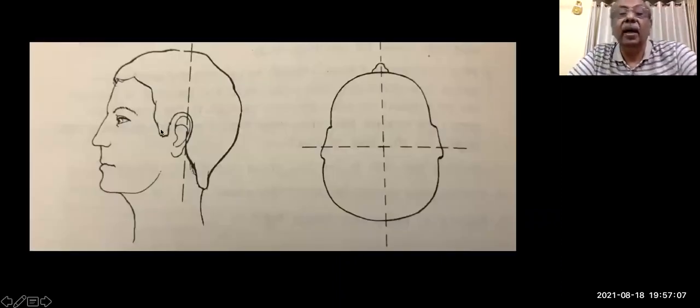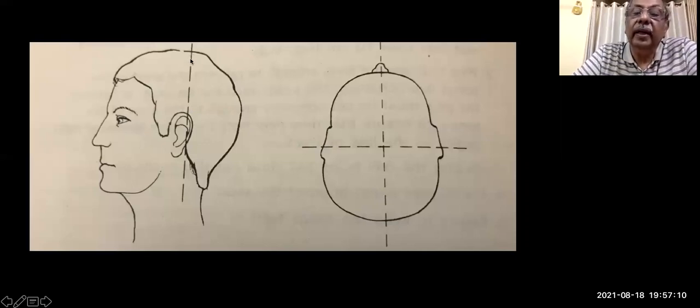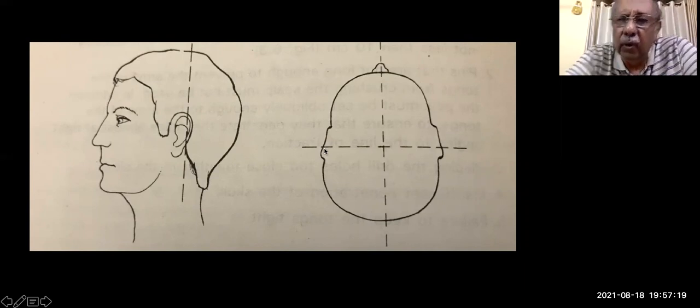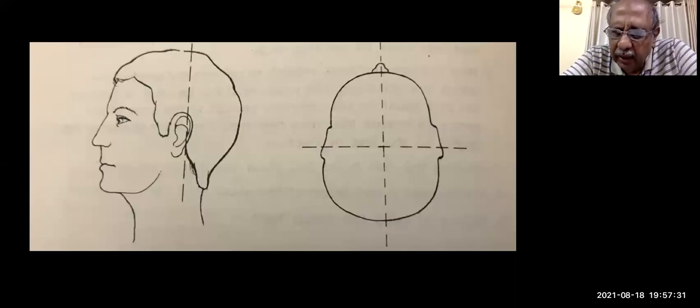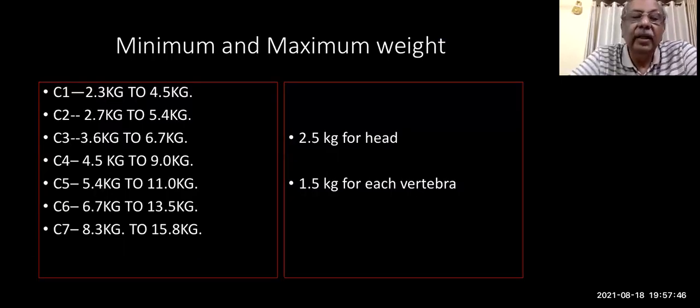What's the landmark? Usually you draw the intermastoid line like this, and the center line here. The center should be here, and on either side, depending upon the type of tongs which you are using, you can mark that area and infiltrate with the local anesthetic. You can either use the guarded drill bit as in the case of Crutchfield tongs, or in the case of Gardner-Wells tongs you don't need that, you can just screw it in. And in the case of Cones, which is another type of commonly used tong, you again use a guarded drill bit.